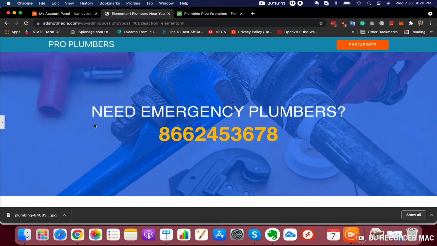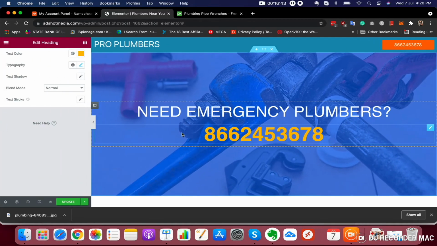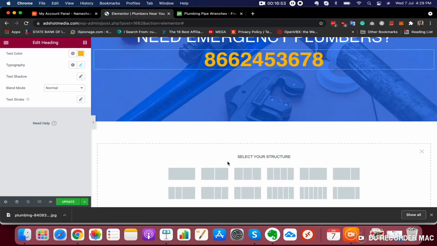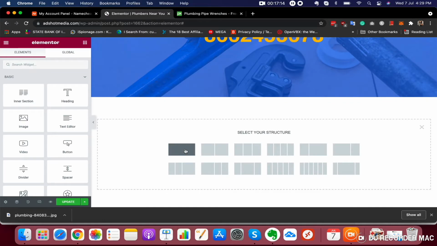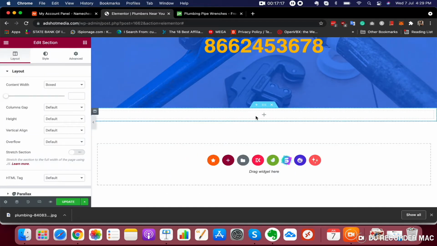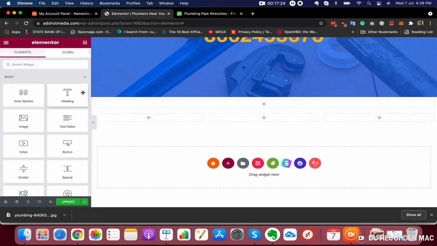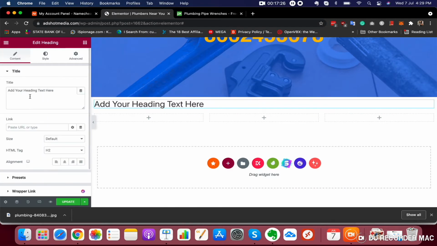Great. So now what we are going to do next is to create this section. Here we will put our services section, like whatever services, whatever the key highlights of the company. First create one more heading, and then select these 3 columns. Now in this heading area we will mention our services.